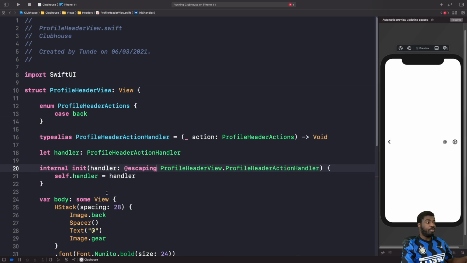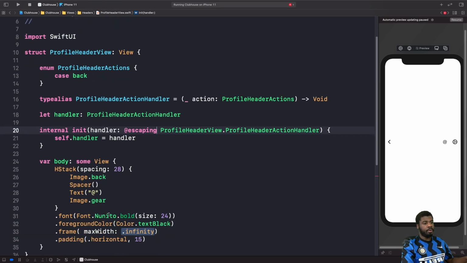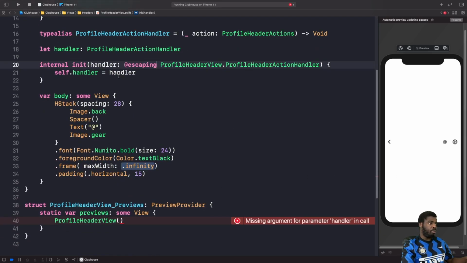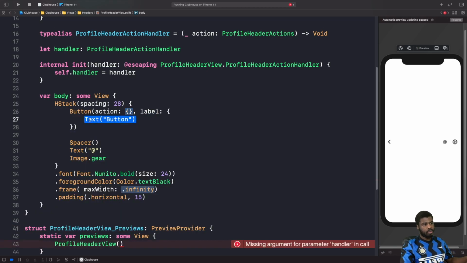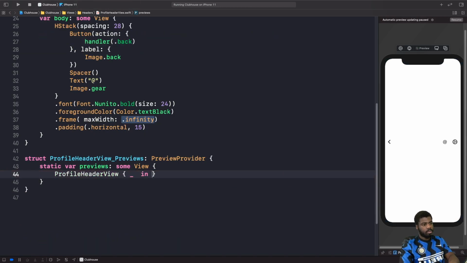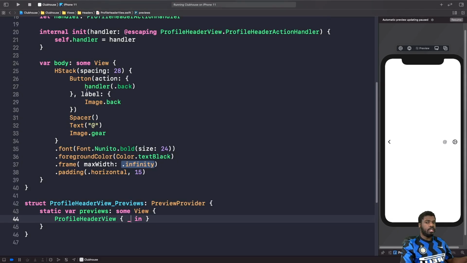So as you can see, it's a very similar setup to before. So what we need to do now is wrap our button and then call our handler. So let's do that now. So wrap our button in our back image here, and then in the previews we basically find